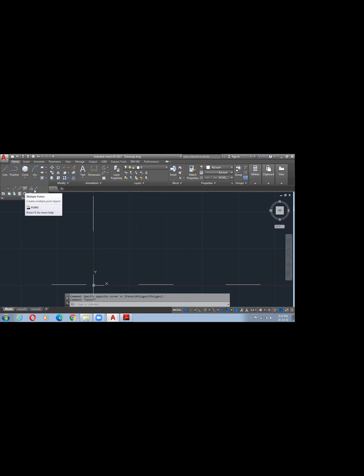Later on we can't change the dimension of this. So only before starting, before making it in AutoCAD, paperwork is mandatory. Later on, if I'm selecting multiple points, I can't change any kind of dimension. That is a backlog for us.